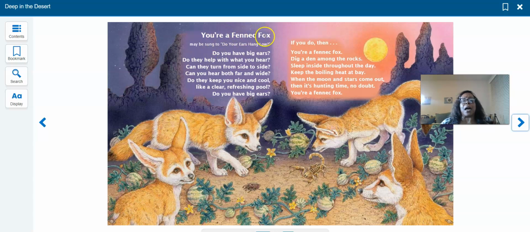You're a Fennec fox. Do you have big ears? Do they help with what you hear? Can they turn from side to side? Can you hear both far and wide? Do they keep you nice and cool like a clear, refreshing pool? Do you have big ears? If you do, then